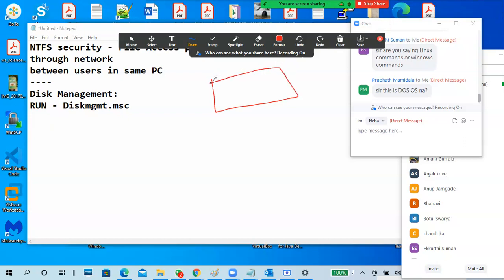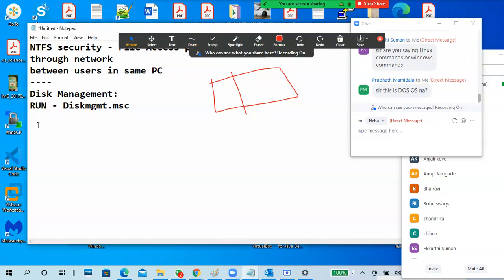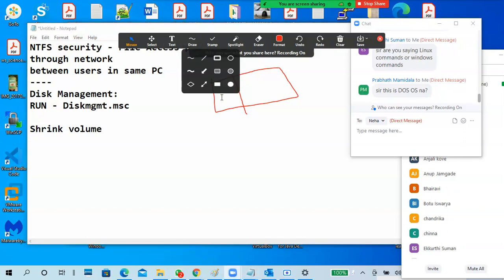This is my disk, and I want to divide the disk first. So what do I have to do? Shrink volume. Then we get some part like this.